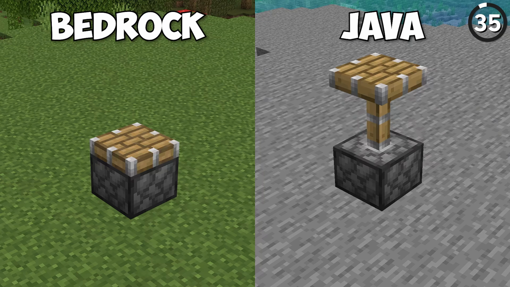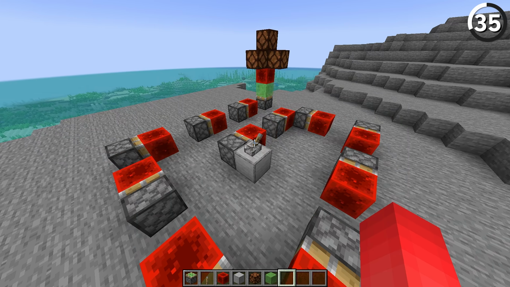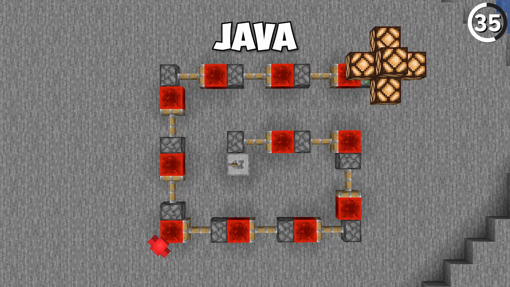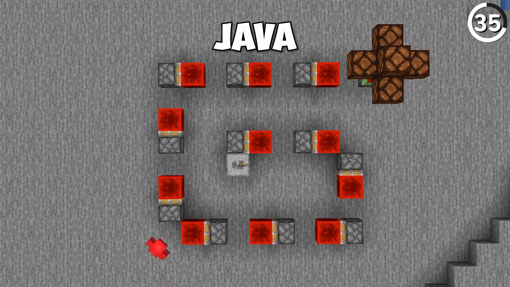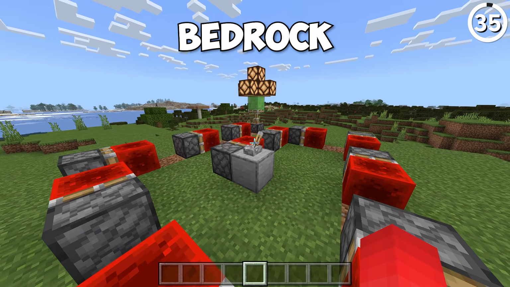Pistons behave pretty differently between Java and Bedrock, because in Java, if you deactivate them, they pull back instantaneously. But in Bedrock, there is a delay to their deactivation, which is a pretty noticeable difference when you try to build a system like this. And it probably is why a lot of your redstone systems from Java don't work in Bedrock and vice versa.